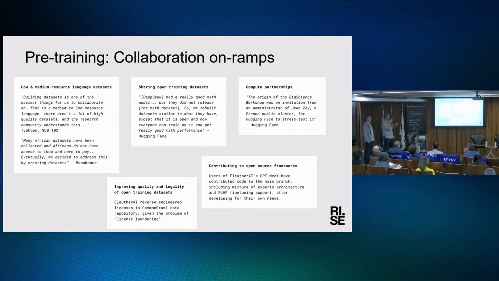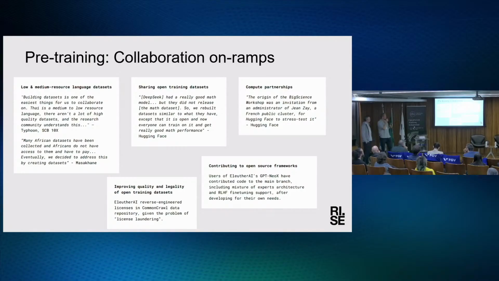We also heard this from Masakhane, which is an organization developing data sets for African languages. This is a different problem set, so not just developing for Thai, but there are thousands of languages in Africa which are terribly underrepresented in NLP. So what they've been doing is developing data sets for various languages and also training models based on them. Another collaboration is creating data sets for specific use cases.